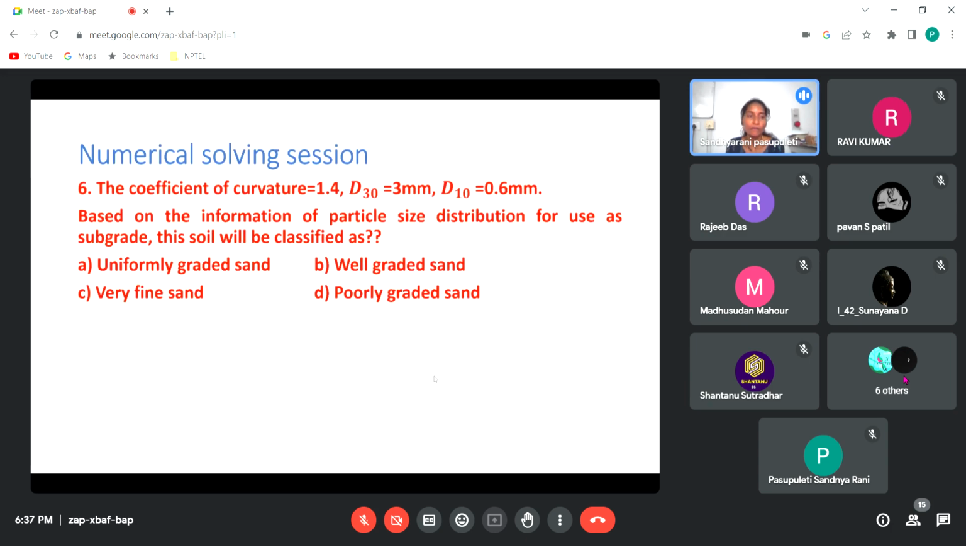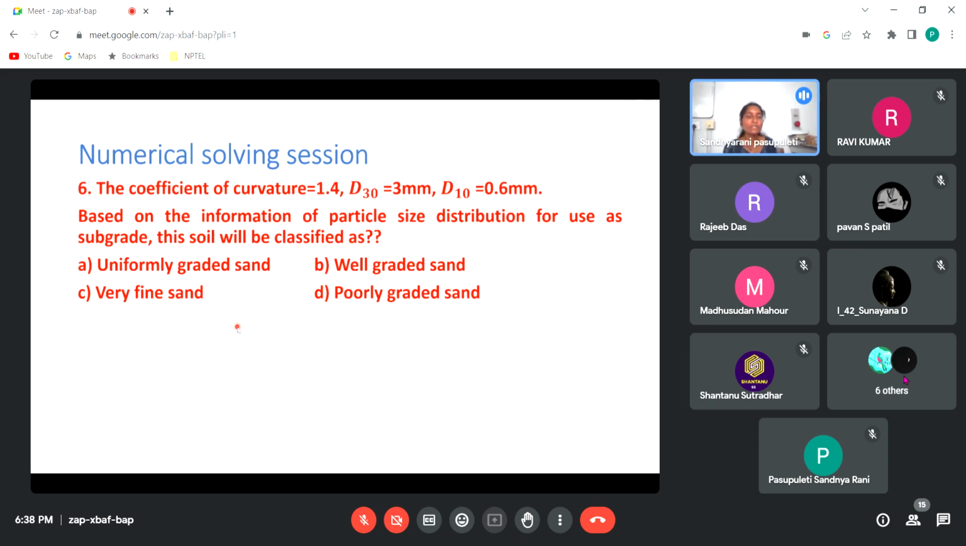And if we move forward, the sixth question will be: the coefficient of curvature is 1.4. Coefficient of curvature is nothing but Cc, which is D30 square by D60 into D10. So this you will be seeing in soil classification. So this Cc has been given as 1.4, D30 is given as 3 mm, and D10 is given as 0.6 mm. So based on the information of particle size distribution, for use as subgrade, this soil will be classified as...